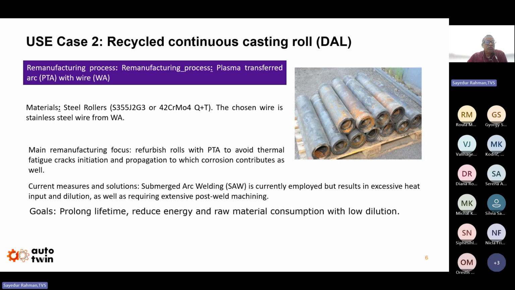So our goal is to use remanufacturing so that the life of the new roller caster will be improved, with very low energy and raw material consumption.